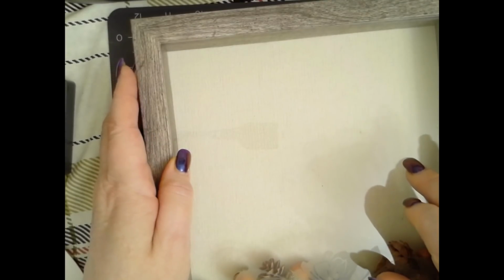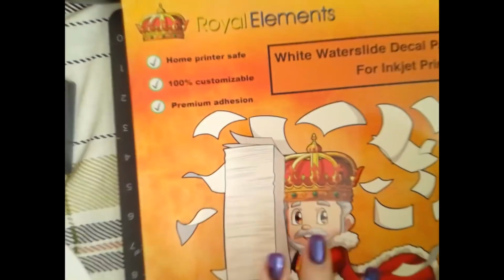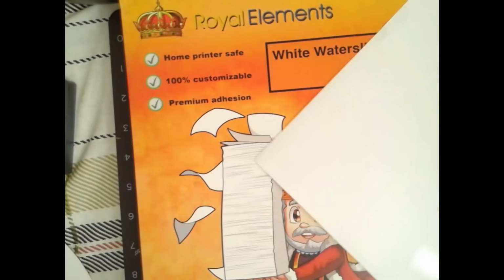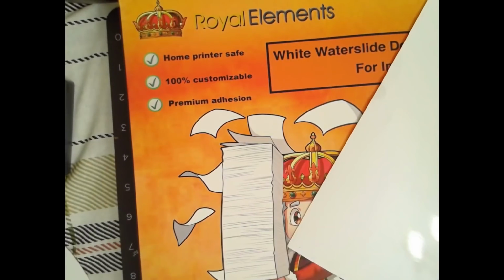Now I'm going to use clear on this. There are two kinds of water slide. Let me just grab those out really quick. You have two different kinds. You have the Royal, this is Royal Elements. I have two different brands. And this one is for white. You have to watch when you purchase. This is for the white,